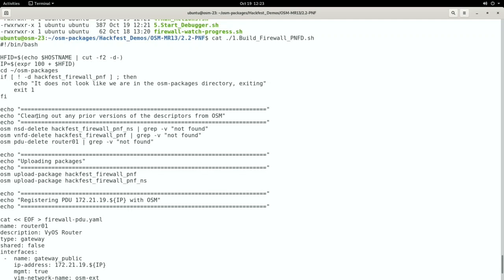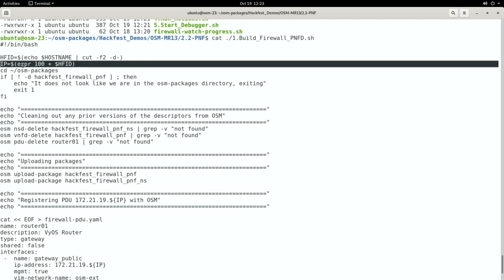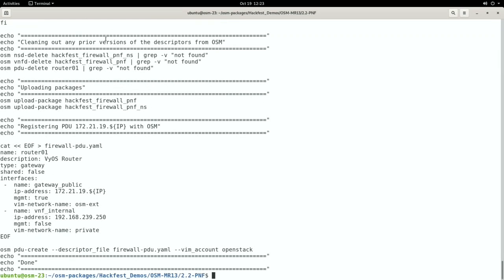I'm going to add 100 to that, and that's the IP address that I'm using. So that's how I figure out your IP address. Then, in case it gets run a couple times, if we want to make any changes, I've got the deletes here. We've got our package uploads, which uploads it right from